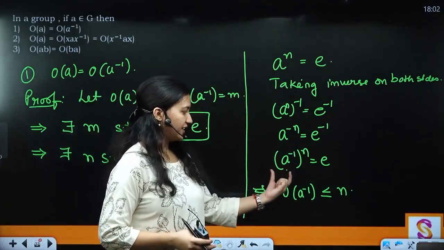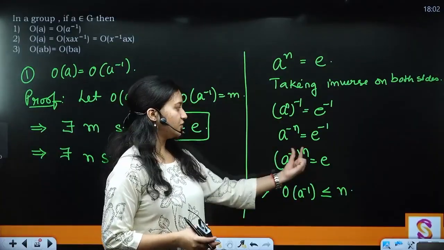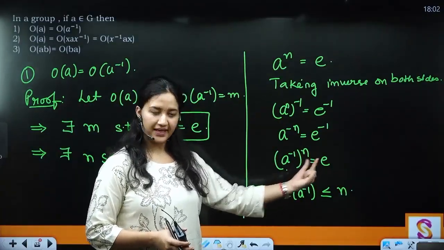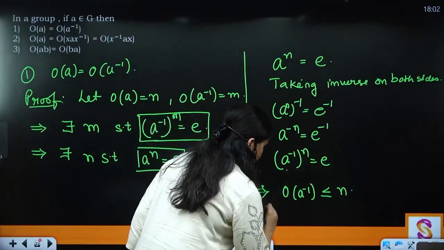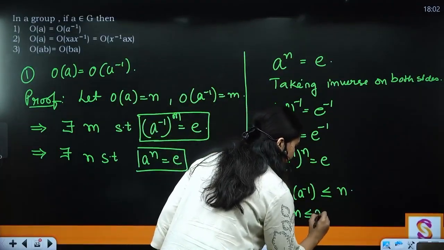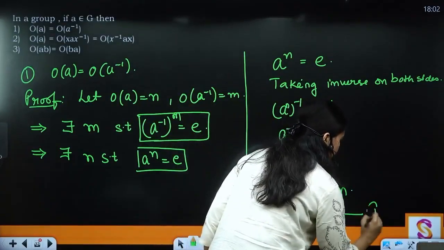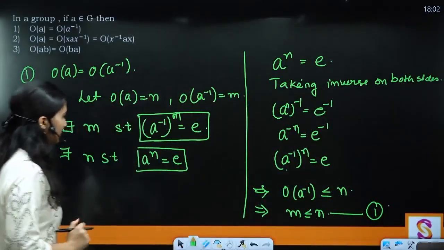Order of A inverse is definitely going to be less than or equal to order of A, right? This implies that m is less than or equal to n. Name this equation as 1, right? Now